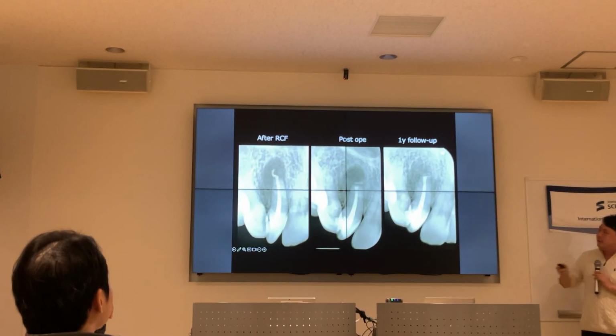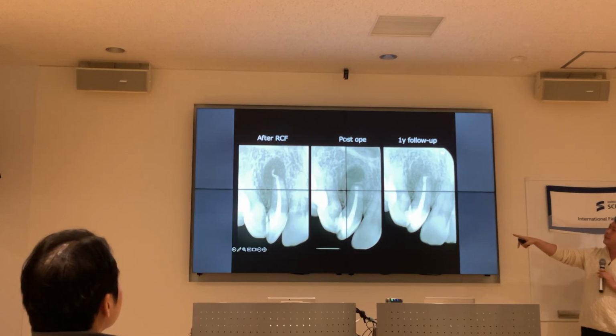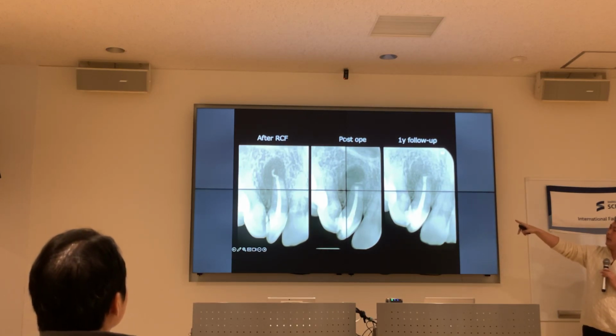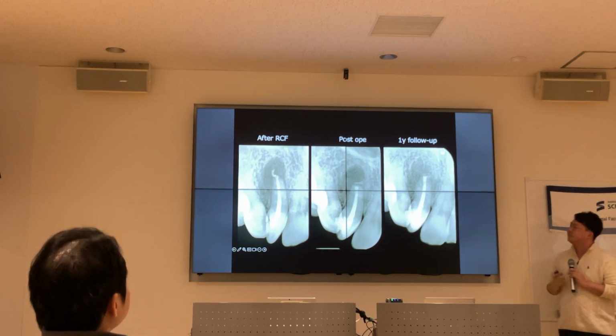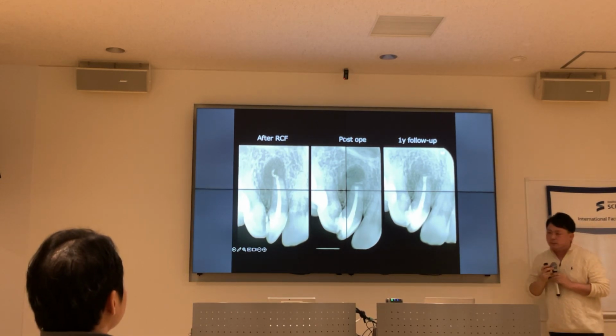This X-ray picture is before surgery, and after surgery is the 1 year follow-up. The radiolucency from before surgery has almost decreased. This is a step of